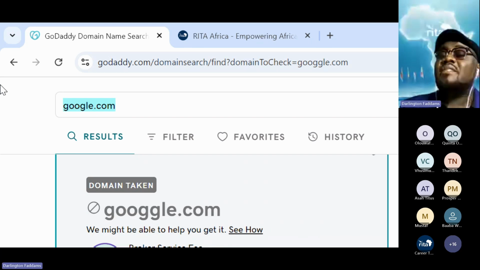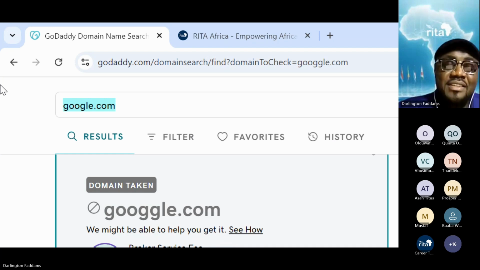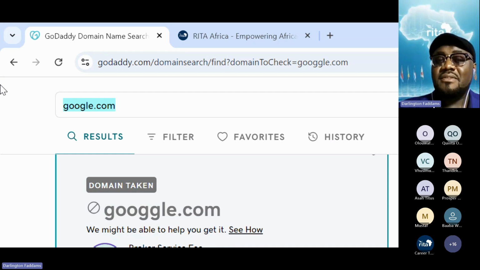So the only thing you can do is to have the correct one also, and you have the ability to do what we call redirection. So you can redirect a wrong name to a correct name. Probably not wrong, but maybe a variation that some of your customers may think is the correct one.